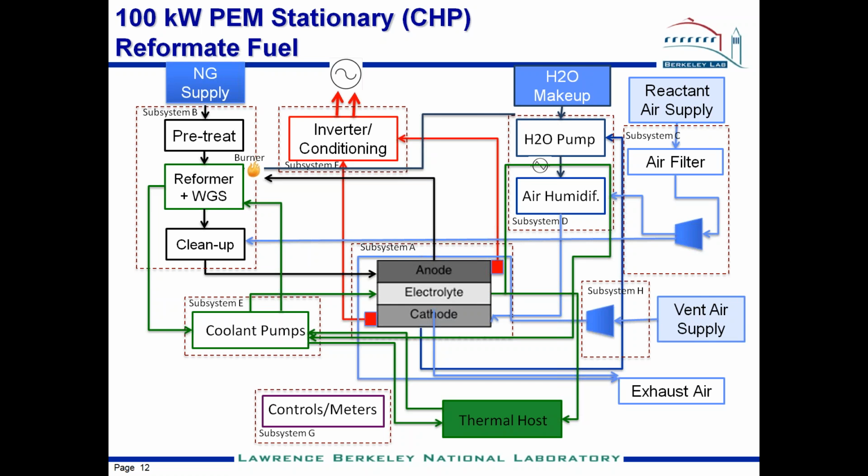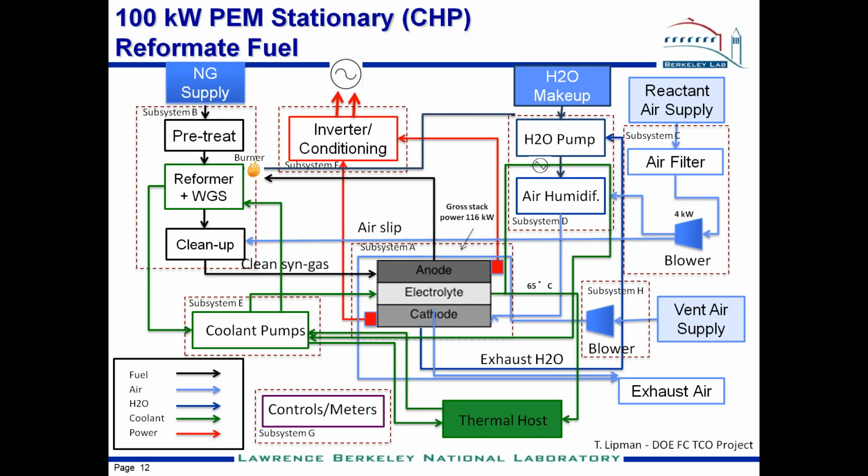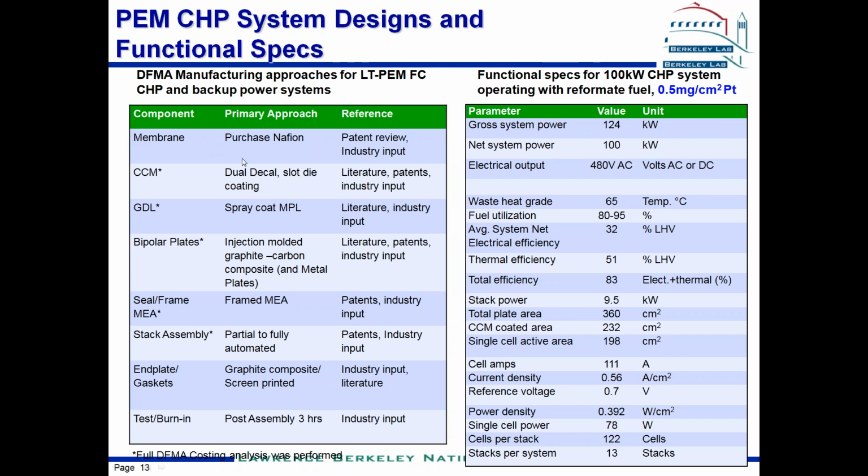So each of these is sized, and we build out a bill of materials for the balance of plant costing. Again, the stack is primarily bottom up, and the other components are primarily purchased. The output heat temperature in this case is relatively low, at 65 C. And then in terms of the manufacturing approaches, I have a table here of stack components for a